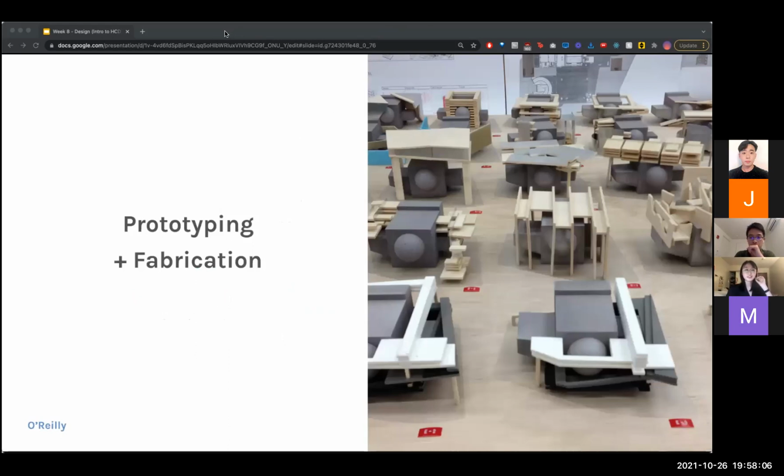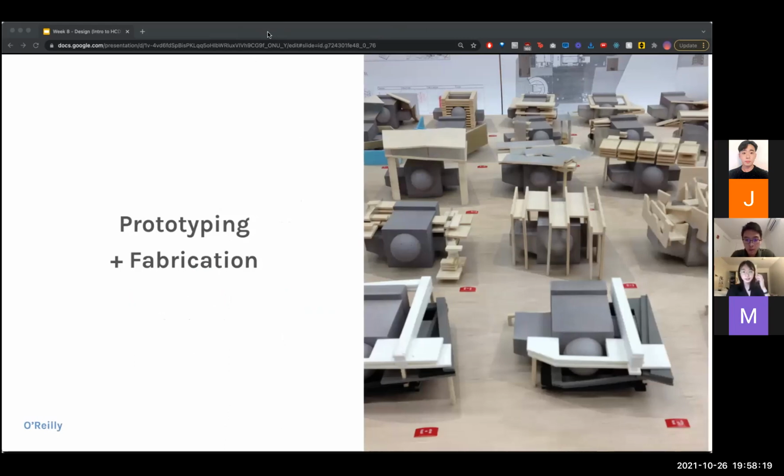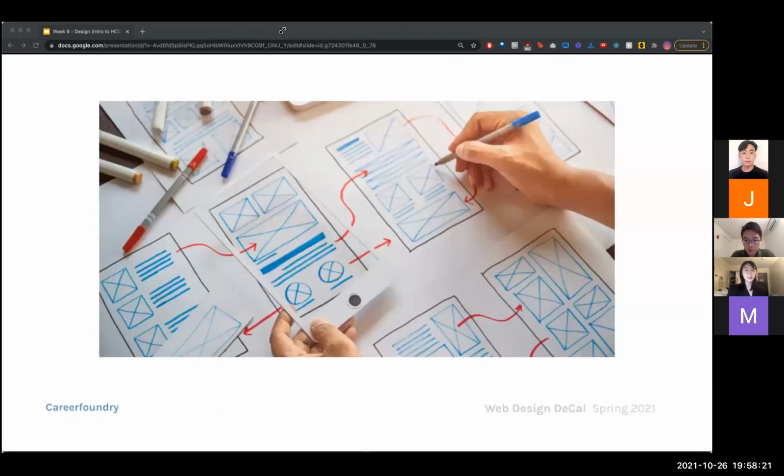So moving on from user testing, say you've got a concept that you think has been tested a good amount, and then you're like, okay, I want this to really work. So the last step tends to be prototyping and fabrication. This means that you'll be actually making your design, maybe in a physical form. If it's a digital design for a website or a mobile app, this might mean you're creating it on Figma in a way where if you click on the buttons in the present view, it will actually go to the realistic frame that it would go to in real life if it was a real app or